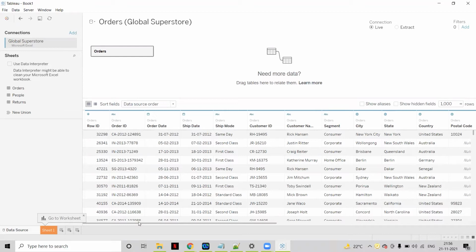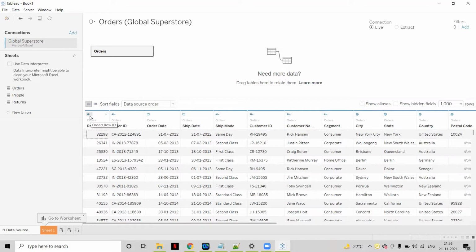So we have around 4 different data types in Tableau: number, string, date, and Boolean. Again, your number is divided into two: number decimal and number whole. And date is divided into two parts: date and date time. Based on the data that is coming from your source, Tableau will automatically assign the data type.